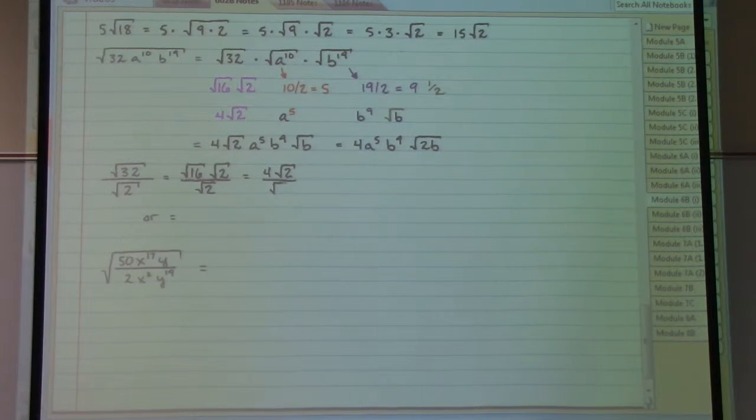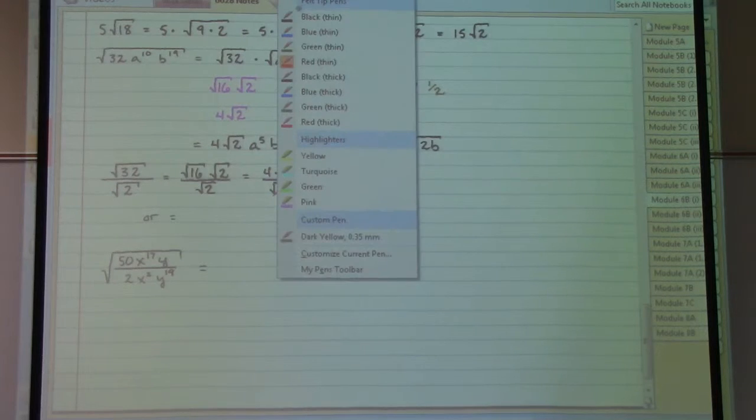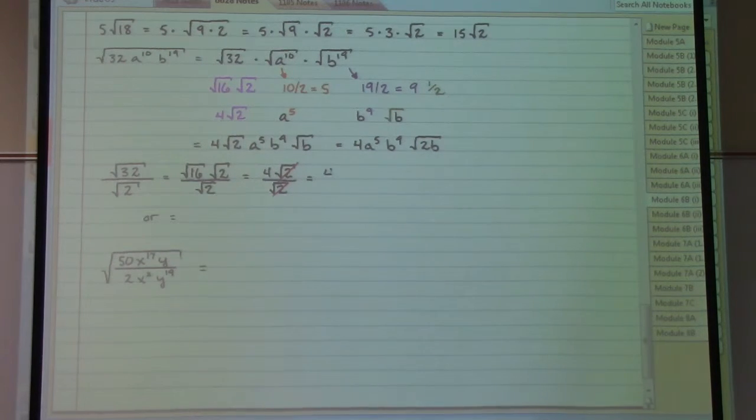And because I have seen that in the past, I recognize that now I can go ahead and slash out the square root of 2 on the top and the square root of 2 on the bottom